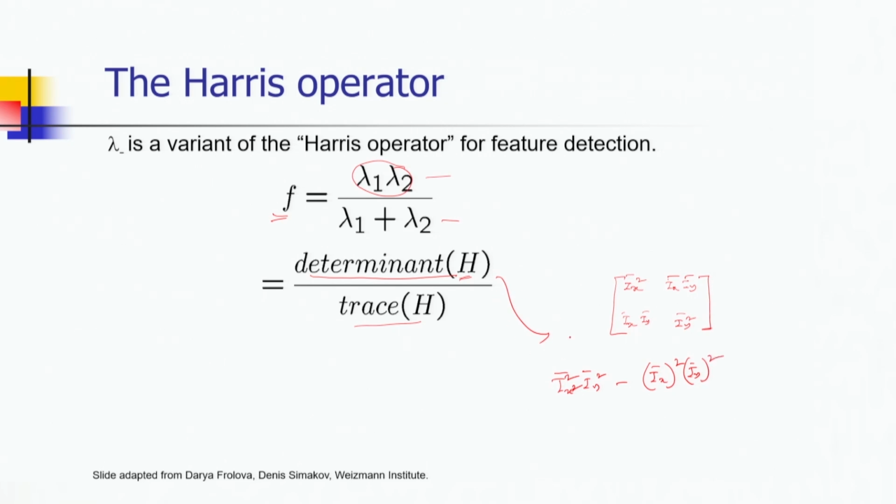This is the determinant, and the trace would be simply the sum of those diagonal elements. This is the trace. So the ratio of these two